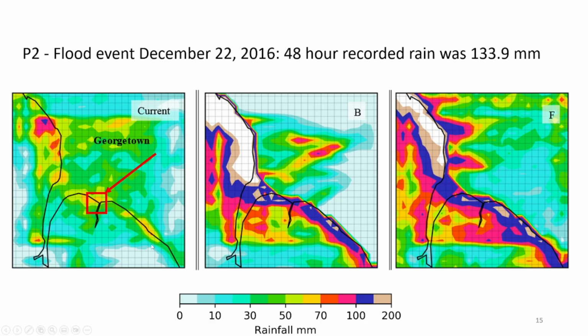This is where things take a turn. For the higher rainfall events in December, where 33.9 mm was recorded, we can see that the current configuration, let's start there, was nowhere near. So 48 hours ahead, you would have been receiving a forecast of maybe 70 mm. Whereas you can see that B and F did much better, right? Giving you around that 100, over 100